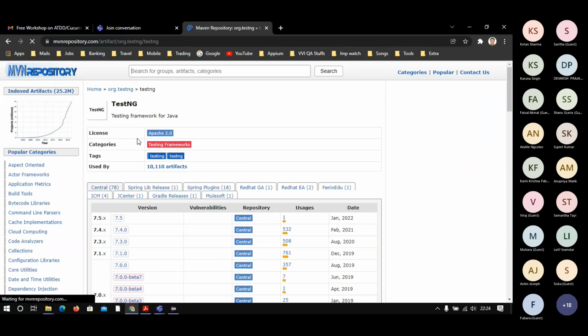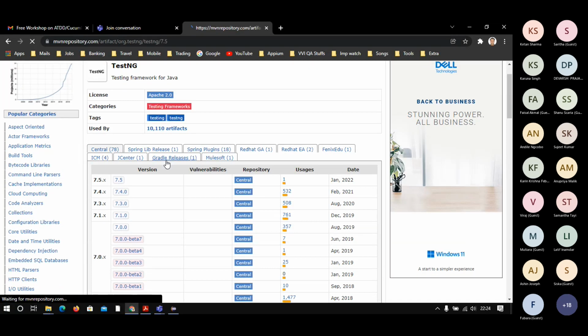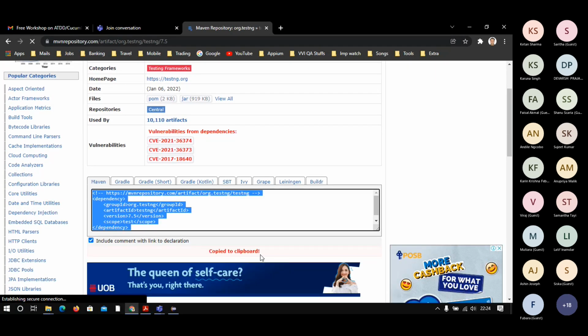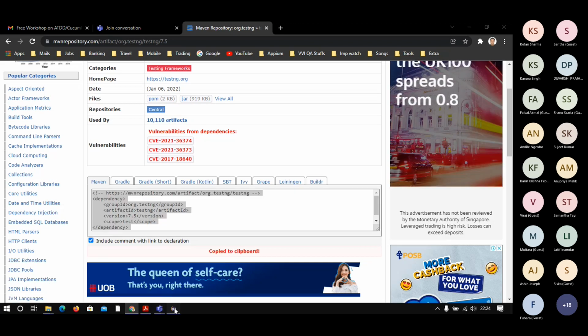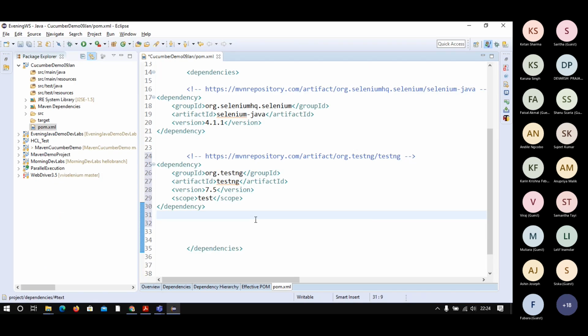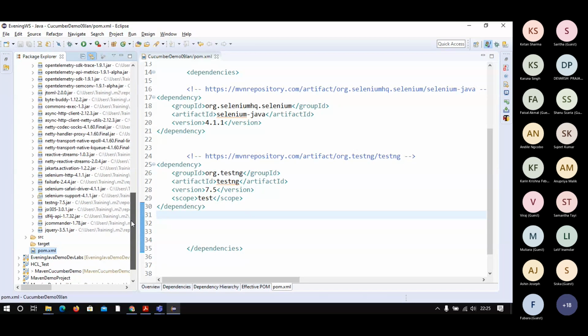The latest version is 7.5. I click here and then click here, so it's copied to the clipboard. Then I'll come back. Selenium is okay, and TestNG is also added here. Then I click on save. You see the processing is done, and inside Maven dependencies you will see TestNG is added here.